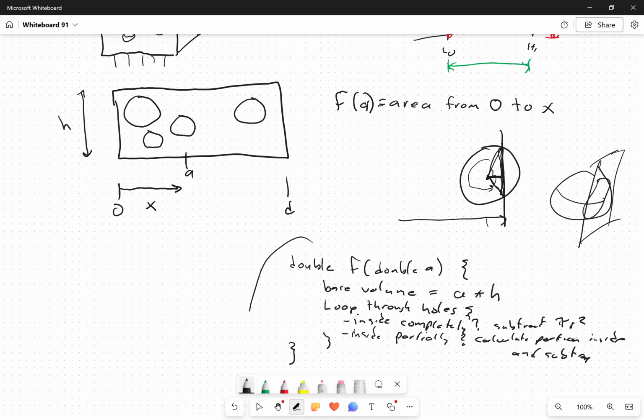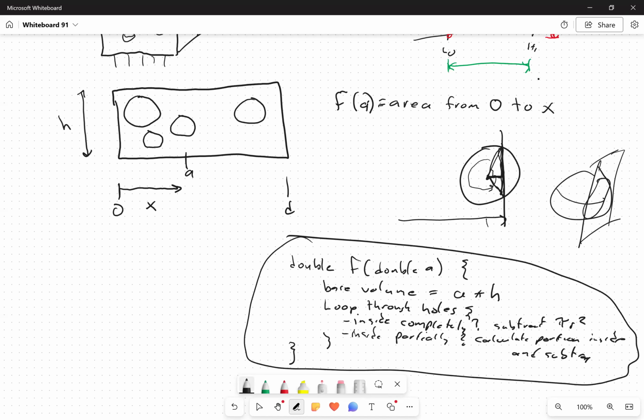Okay, so notice this whole thing, and I'm skipping a lot of the details of it, but this whole thing is not just a simple little algebraic function. This is something where I'm going to have a loop that I go through stuff. I'm going to have to do these kind of weird geometry calculations somewhere in the middle. And overall, out of all of that, I'm going to eventually return some volume, after I've subtracted off the holes for where things are. And so if you look at something here, if I want to know what the 1/3 amount is for this whole thing, I would first of all say,